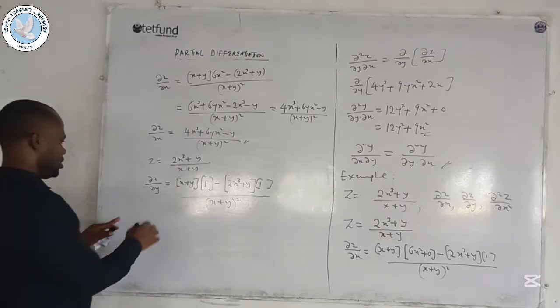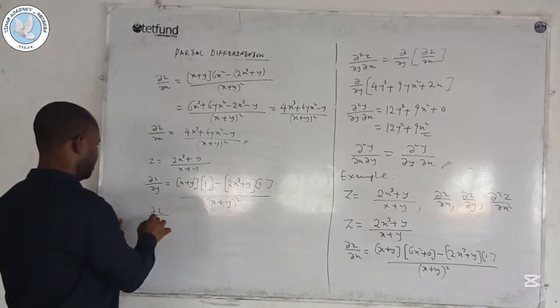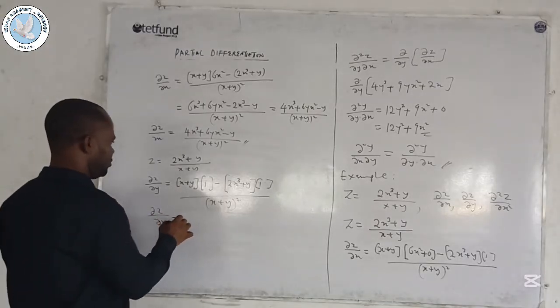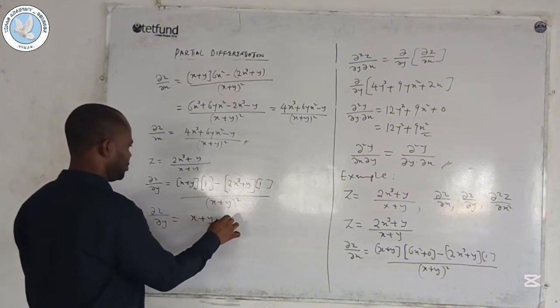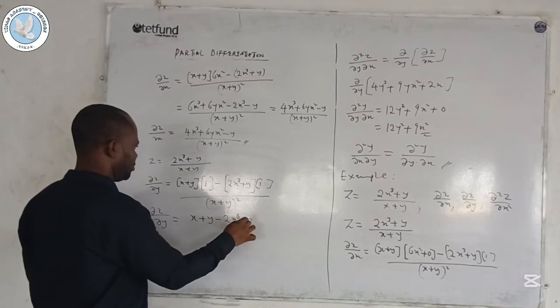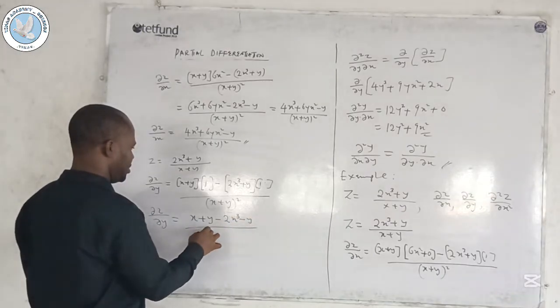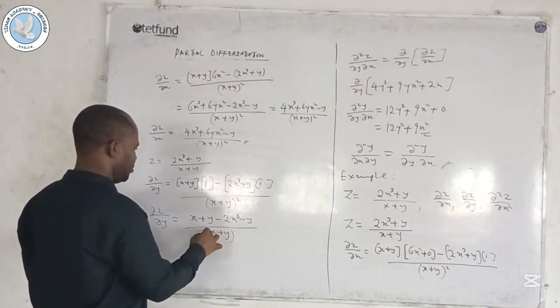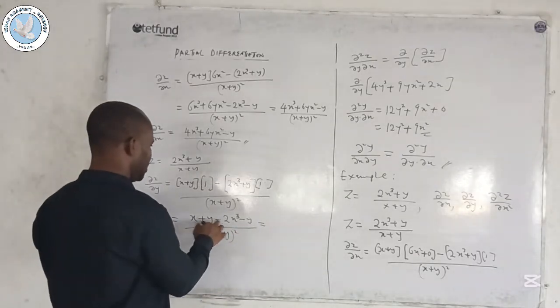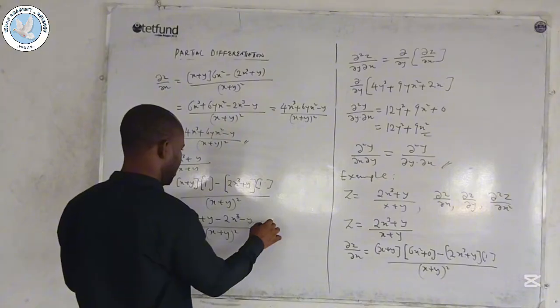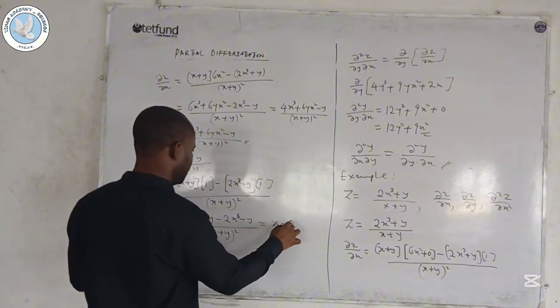So rearranging the solution, we have this plus y minus this divided by, equals to. This will cancel out. So we have x minus 2 divided by,